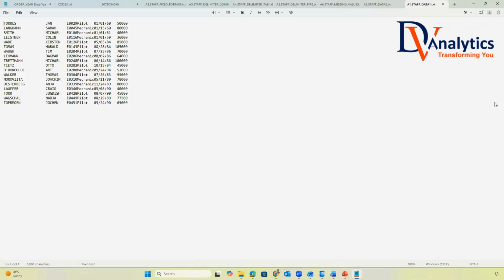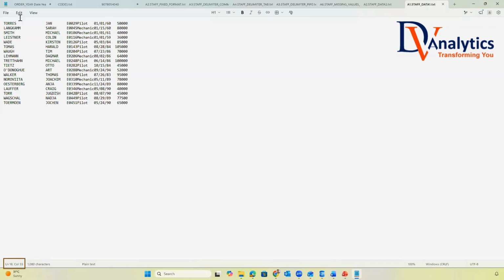Hey guys, are you able to see this? Yes, sir. This is saying what? Line 1, column 1. If you select this here, now what happens? It's saying line 2, column 1. If you select here, it's saying line 18, column 1. Now, if you select here, it's saying line 18, column number 21. If I select here, column number 31. If I select here, column number 36. If I select here, column number 44. If I select here, column number 54 or 55.